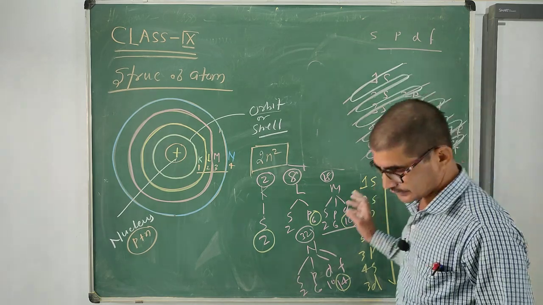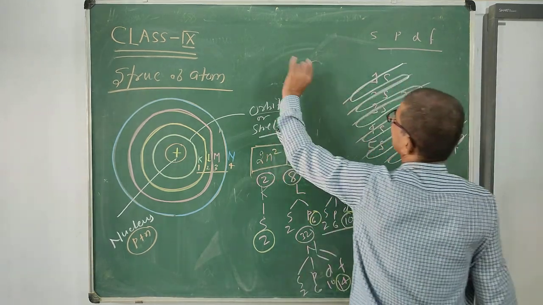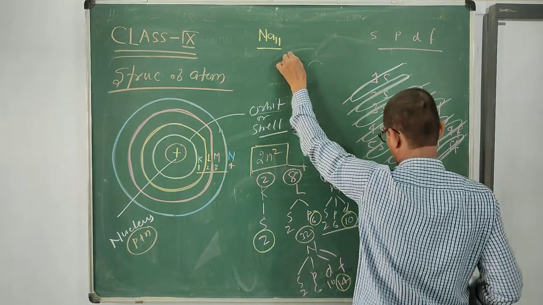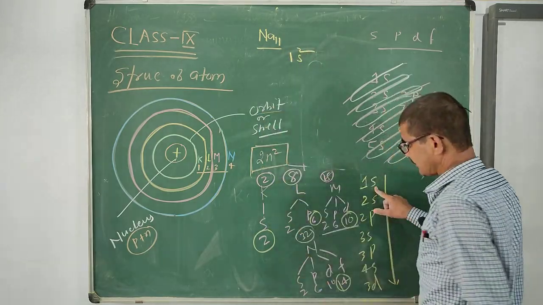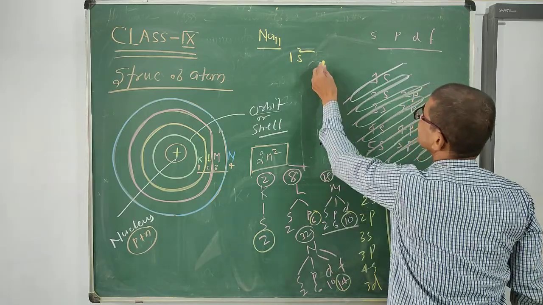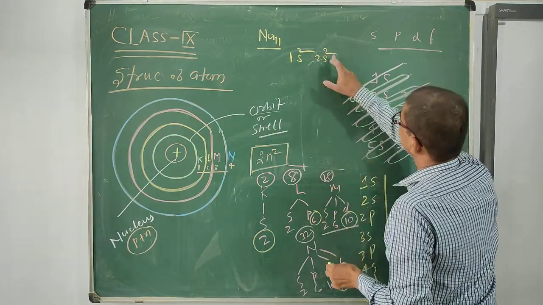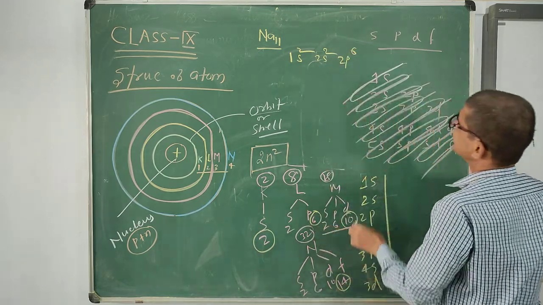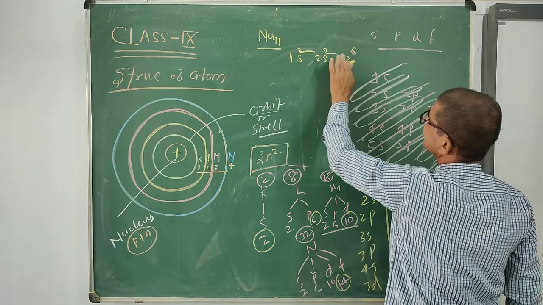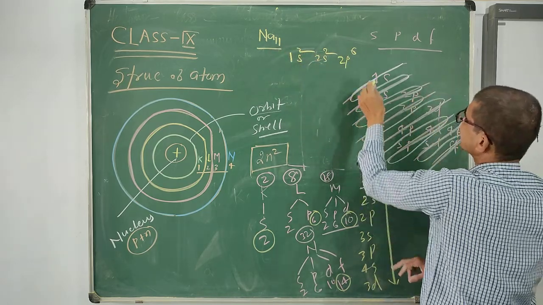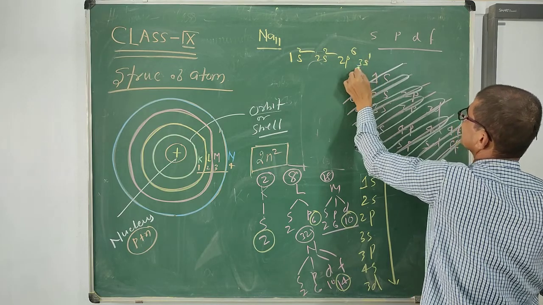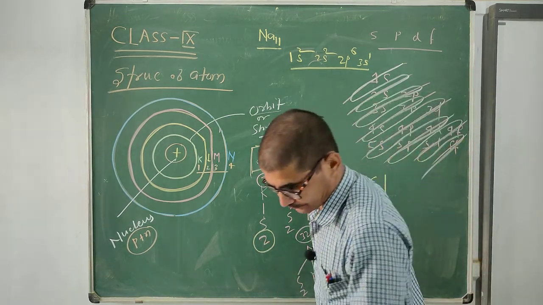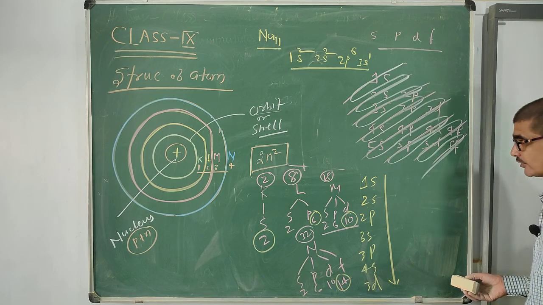So how can we write electronic configuration? At first, suppose that we have a sodium atom, atomic number 11. The electronic configuration begins with 1s2, because S has a maximum of 2 electrons. Then 2s2, and 2p6 because the maximum capacity for P is 6. So 2 plus 2 is 4, and 6 more makes 10. One remaining electron is left, so 3s contains 1 electron. This is the electronic configuration of the sodium atom in terms of orbitals. It's a very simple thing and important for your higher education.